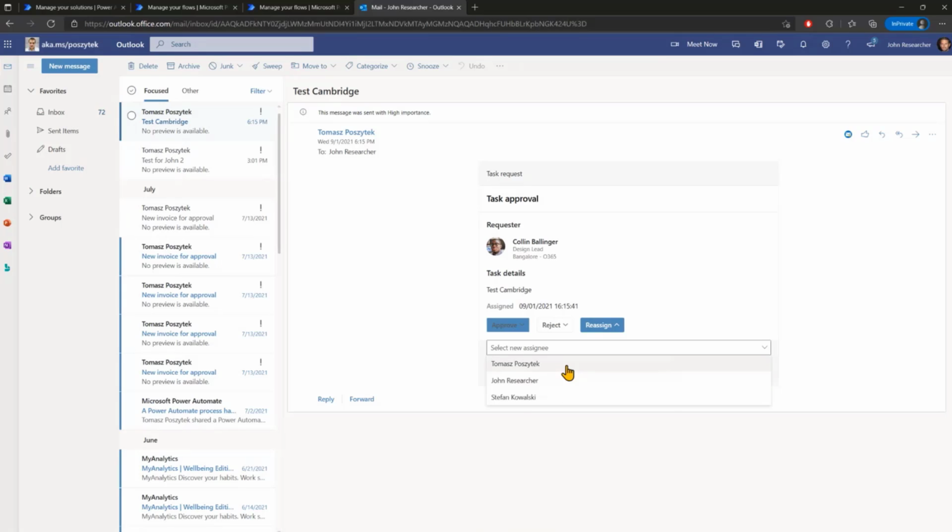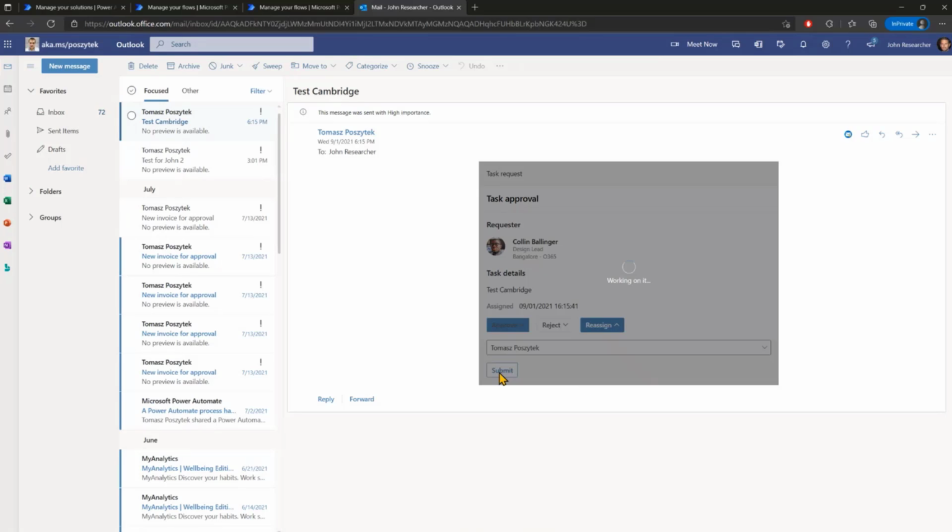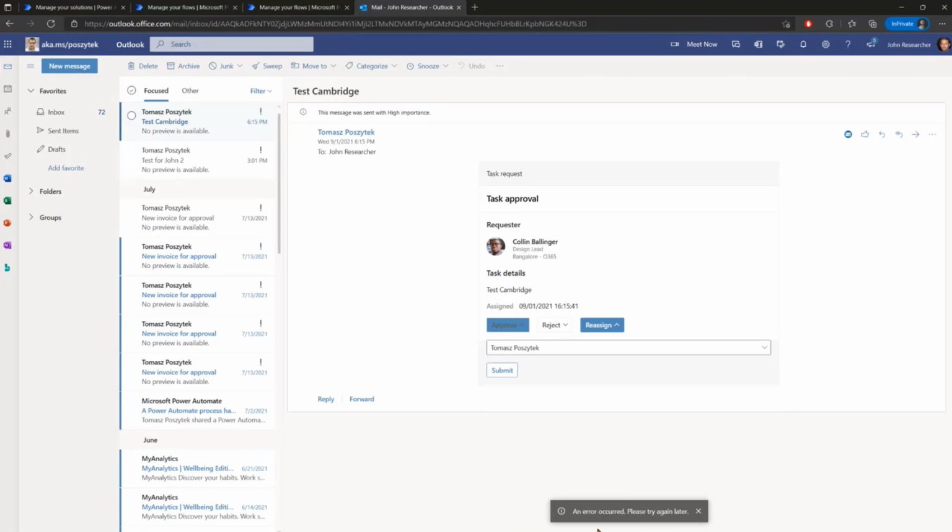So let's try the first test. I would like to reassign this task to me, so to the initiator. And now this will not work because, as said, I'm not able to reassign a task to the initiator, or at least I shouldn't be able. And right, so there is an error occurred. That's not feasible. There is no fancy response. However, the error is because the person whom I was trying to assign a task is the initiator.